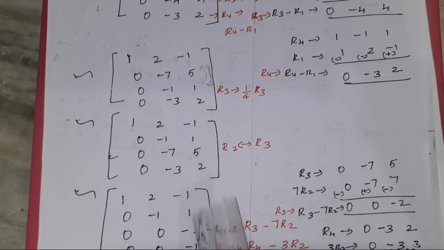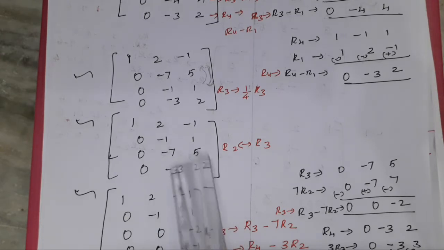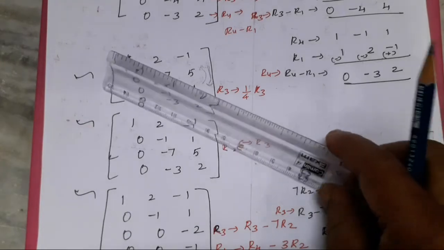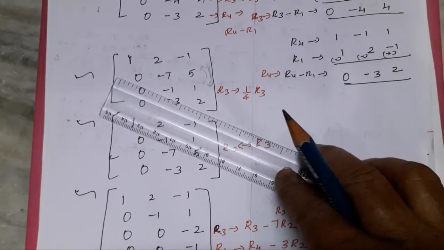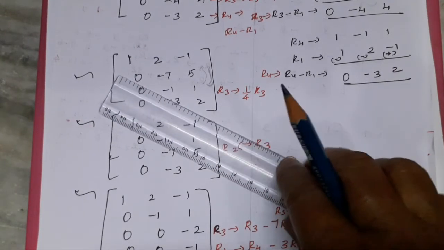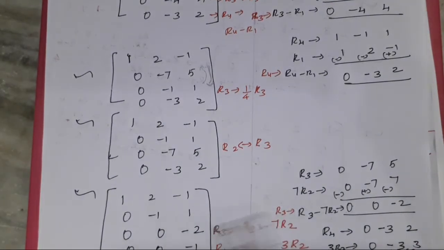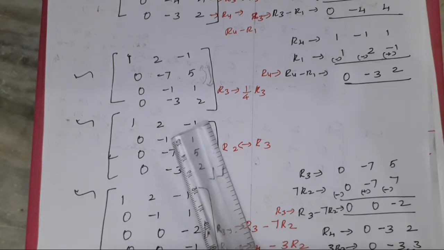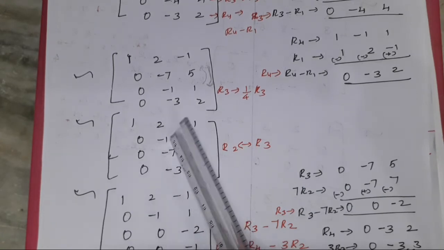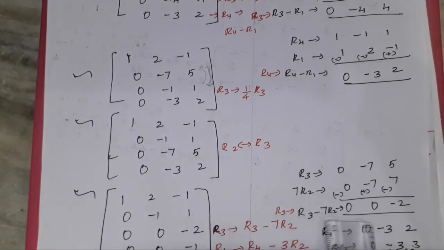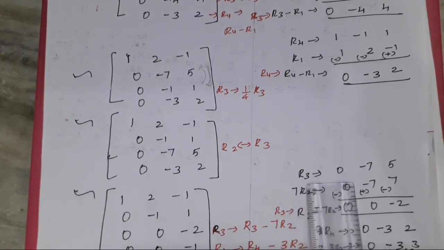Now we want to make this row, minus 3 minus 7, become 0. Below the main diagonal, we want to make 0. So we want minus 1 to become 0, minus 3 to become 0. First, to make minus 1 become 0: here we have minus 7, and already have minus 1. So multiply with this 7. If you subtract, we get minus 7 plus 7 becomes 0. That step I write it here. R3 gives.